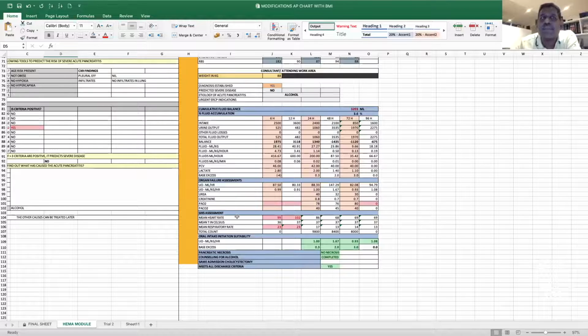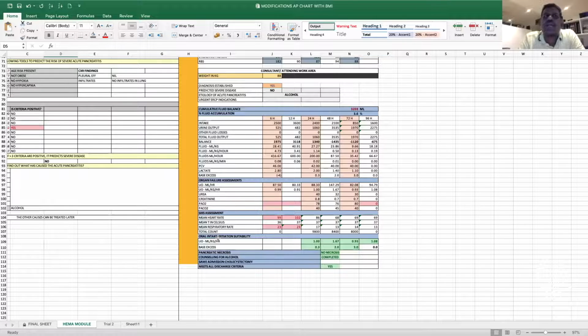And then the mean heart rate, the temperature, respiratory rate, and the total count to pull up the SIRS, how it changes. So these are the things you must do. And probably the urine output in ml per kilogram will clarify whether you can start the oral intake initiation. I usually don't give them fluids at the time when I'm giving a lot of fluids for resuscitation. So I wait for the end of that resuscitation goal, and they invariably feel better, and then they take